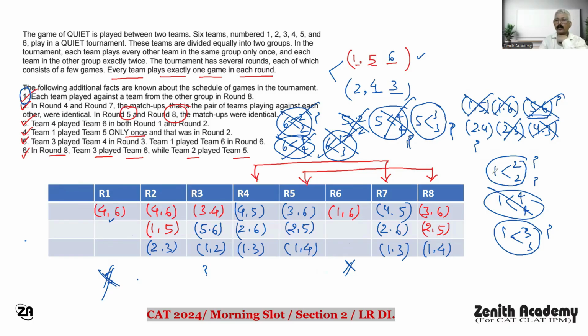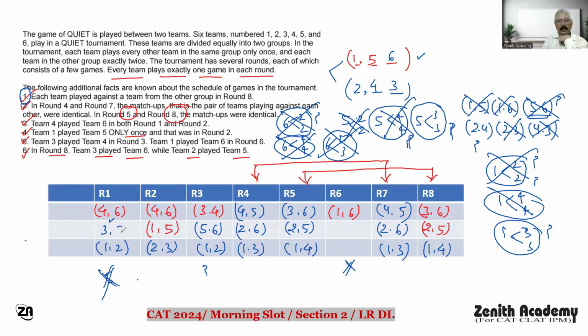Are you getting me? 2 और 1 का एक मैच यहाँ पर डिसाइड हो गया, इसके 2 मैच होने हैं, ठीक है। यहाँ पर 1-6 के साथ है, तो फिर 2-1 का 1 तो आ नहीं सकता। It means यहाँ पर होगा 1 and 2। अब जैसे ही आपने डिसाइड किया 1 and 2, ये तो कैंसिल हो गया आपका, और 1-2 का मतलब अब क्या बचा? 5 and 3 and